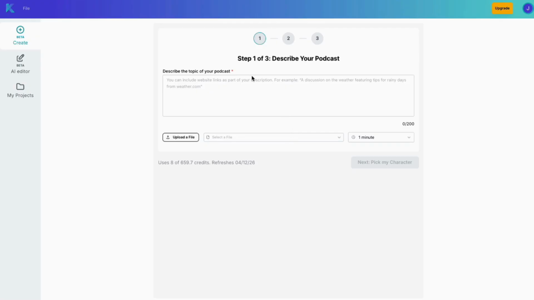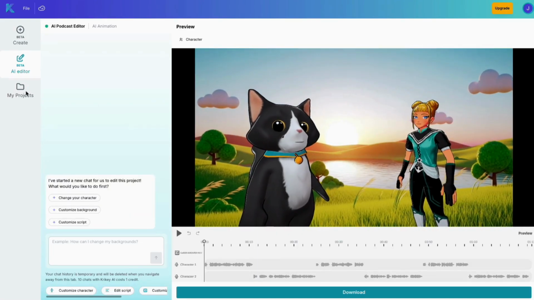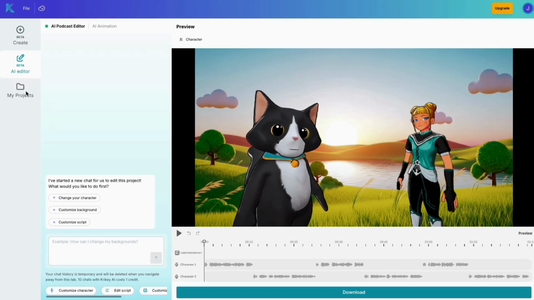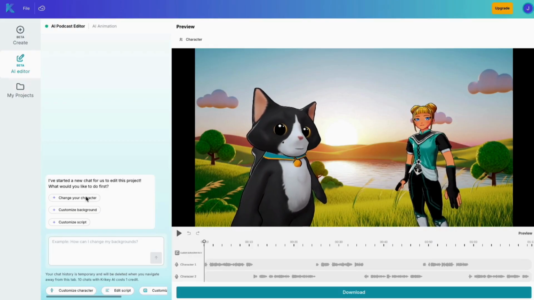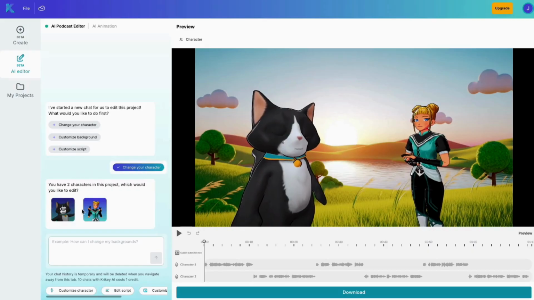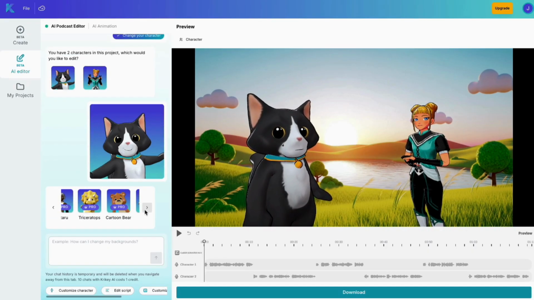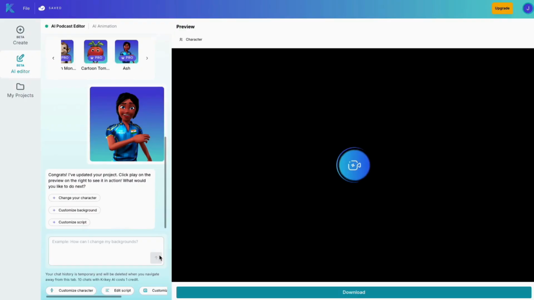And here you can describe your podcast, or you could upload a PDF, or you could drop in a link to a blog post, and it'll automatically generate a podcast with two different characters. And again, the same thing here. You can click here to change your character. It'll ask you which character you want to change. You can click on it and very easily change which character appears on the left side of the screen here,